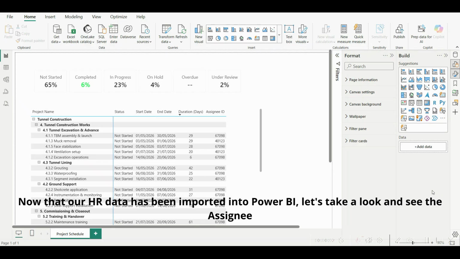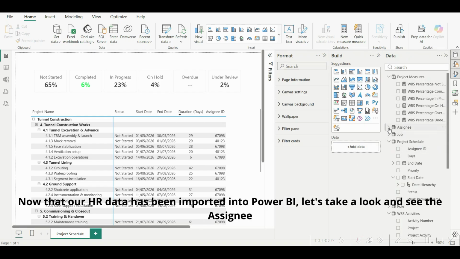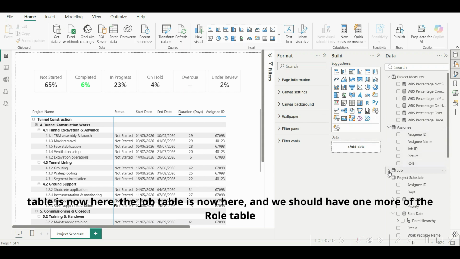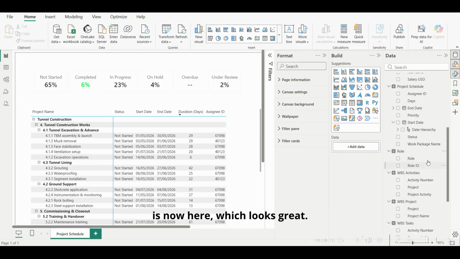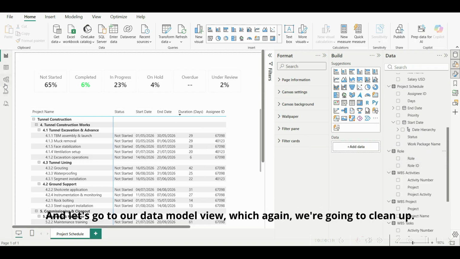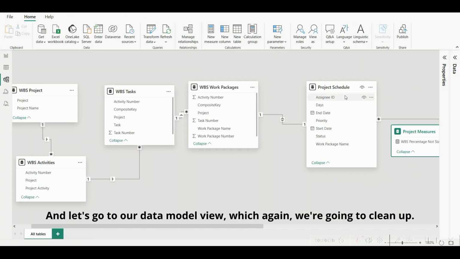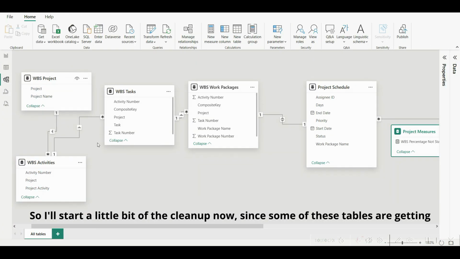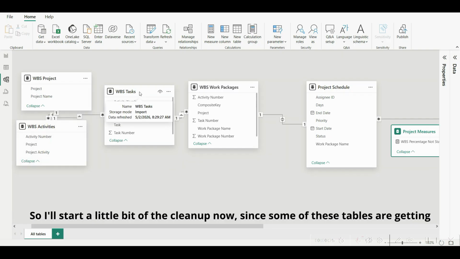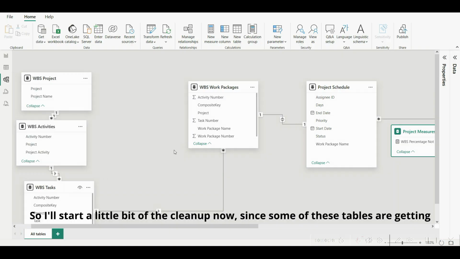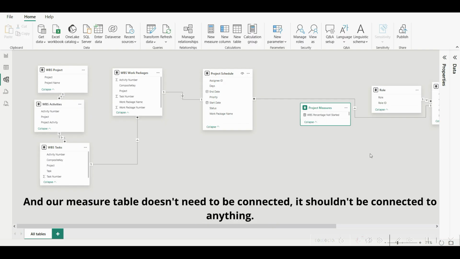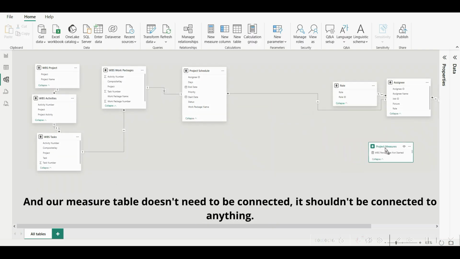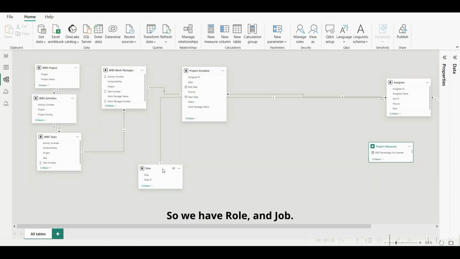Now that our HR data has been imported into Power BI, let's take a look. The assignee table is now here, the job table is now here, and we should have one more. The role table is now here, which looks great. And let's go to our data model view, which again we're going to clean up. So I'll start a little bit of the cleanup now since some of these tables are getting in the way a little bit. Measure schedule. Okay. And our measures table shouldn't be connected to anything. So we have role,